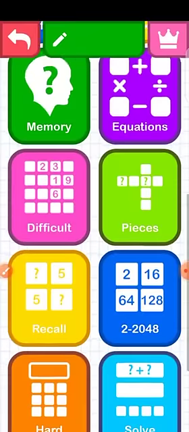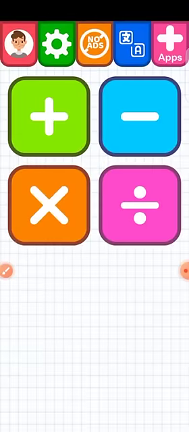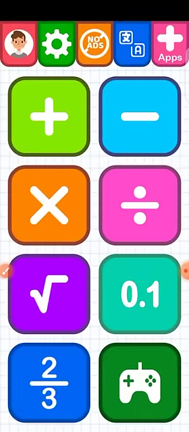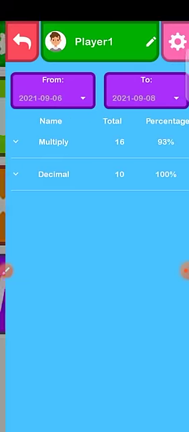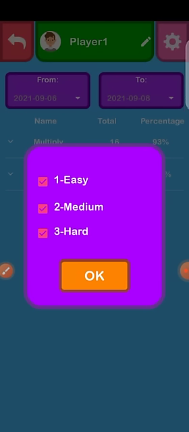There will be many rounds, many challenges. This is the front page that will open in front of you. You can do the settings as well. You can turn off the music, you can turn off the sounds as well. And there is another very interesting thing, that it has mediums as well.